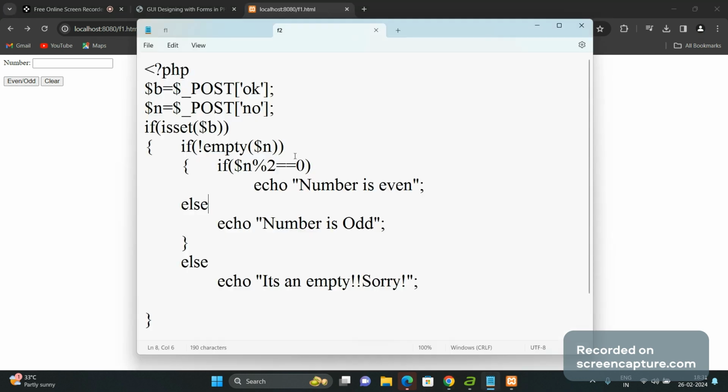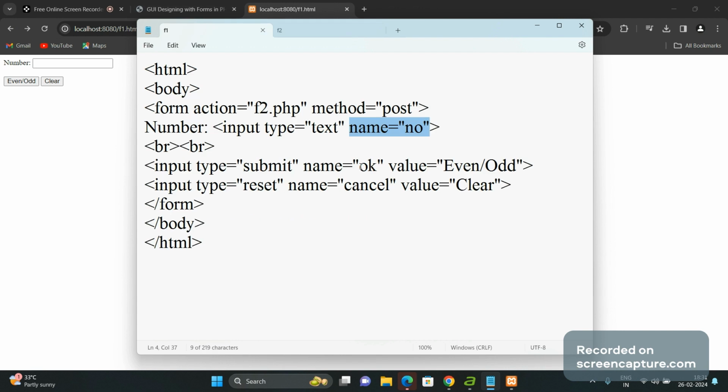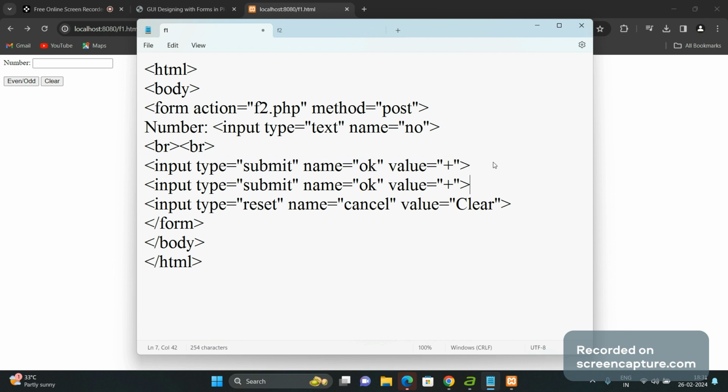Let's try this. Suppose I give a plus symbol for performing addition, and I want one more submit type of button, and the name of this button is add,